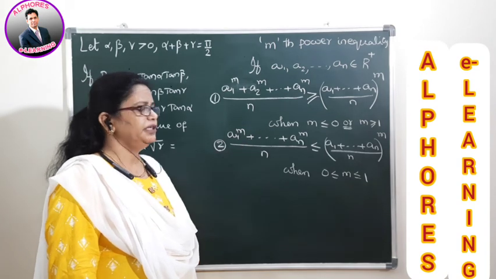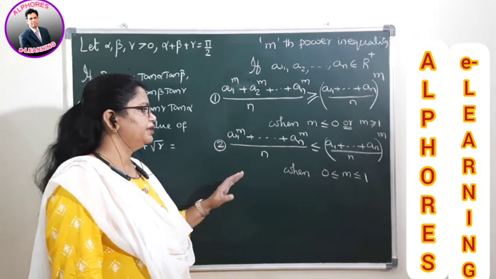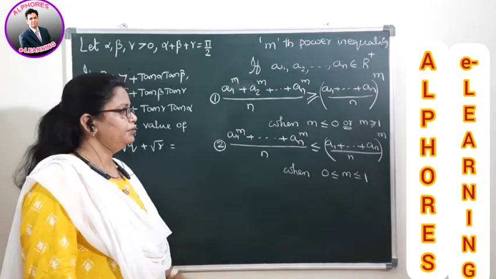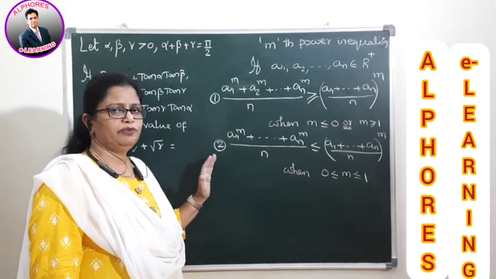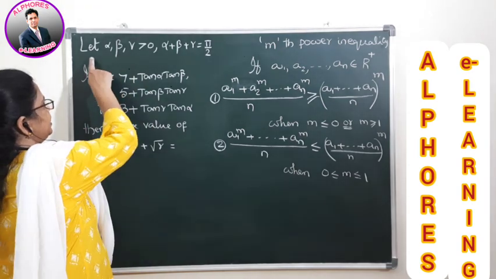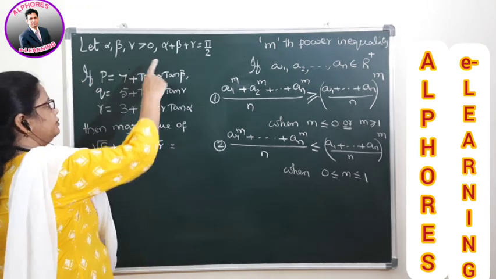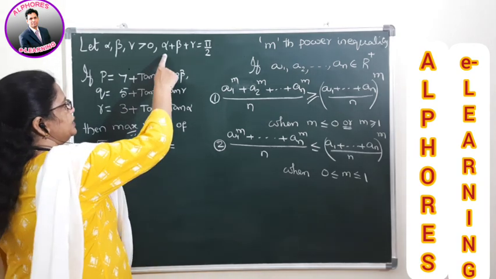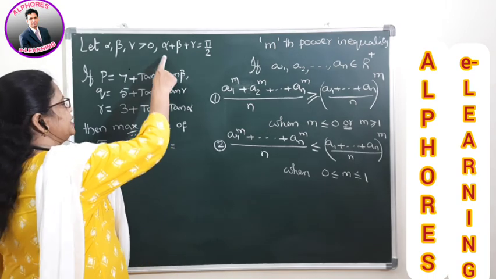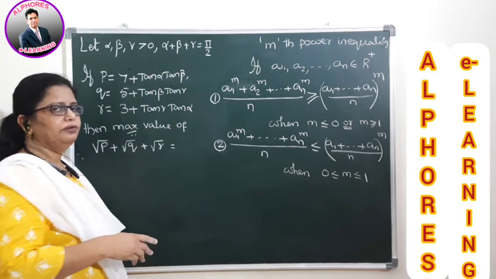Now this concept will be very useful for us while solving problems in calculus as well as trigonometry, etc. How can they give this kind of formulae in this type of problems? Let us observe. Suppose a data is given, students: alpha, beta, gamma are positive, and such that the sum of angles is nothing but 90 degrees. This implies alpha, beta, gamma are variables.